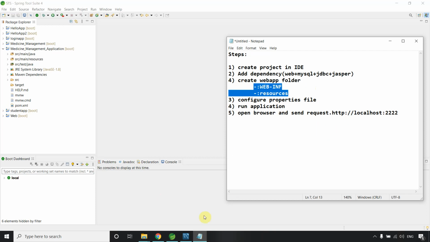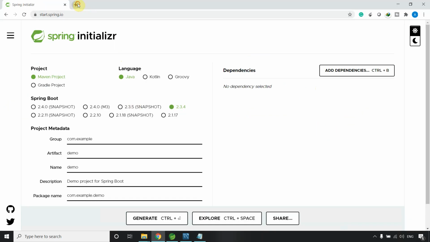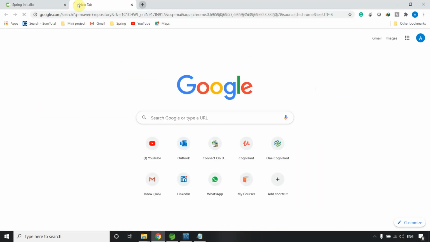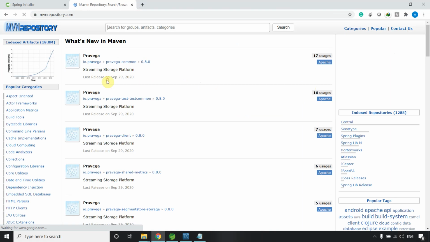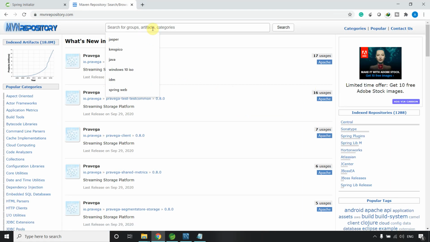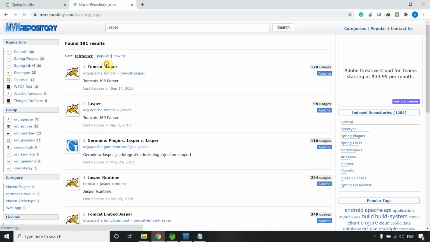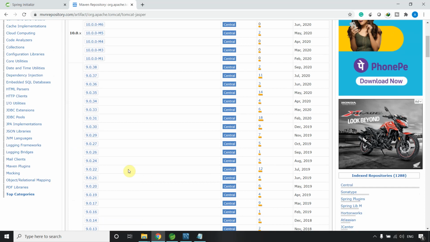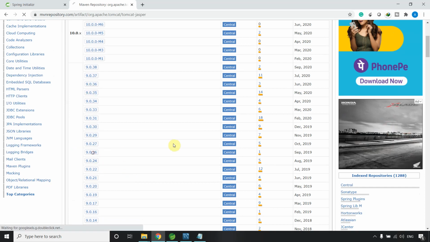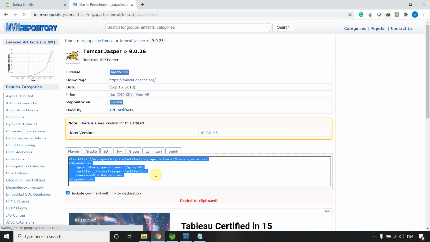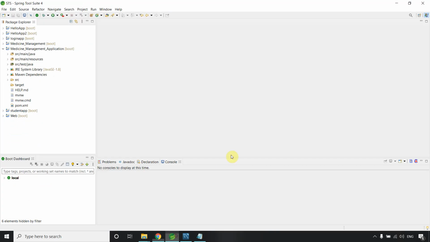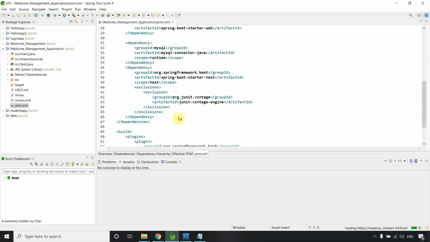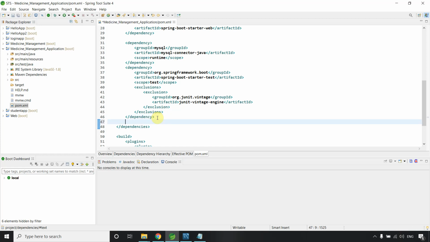So just type Maven repository on Google, and after that search for Tomcat Jasper. You can add any; I just want to add this one. Any stable dependency. Just copy this, go to the POM and add it into the dependencies section here.